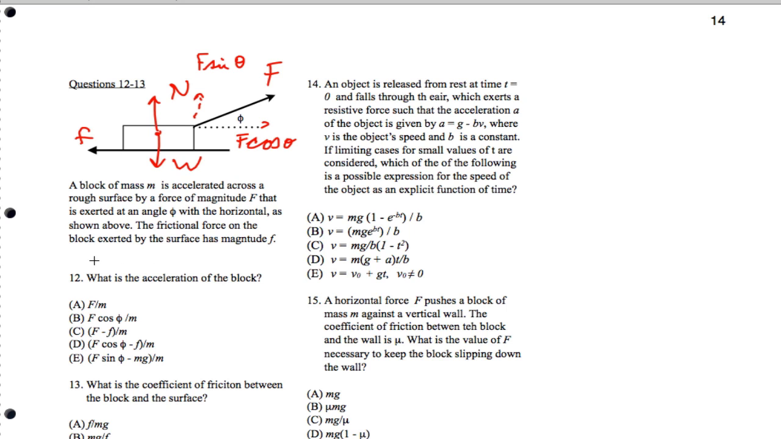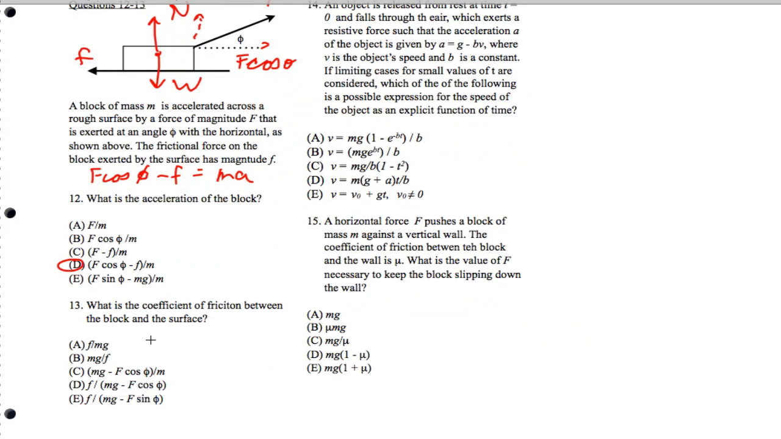So they give us F, so F cosine of phi minus friction equals ma. So that's choice D. Now what's the coefficient of friction? Let's figure that one out. So we know that friction is mu n, and that's going to be F over n for mu. So that's going to be F over,